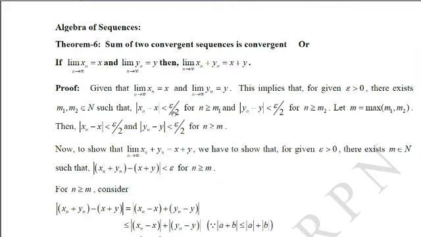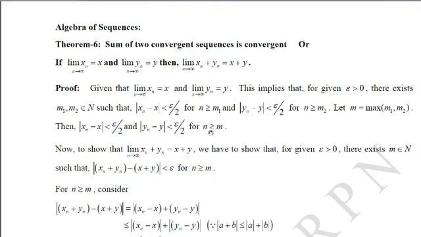That means if you draw the picture of this, the graph of the first one starting from m1 converges to x, and the graph of the second one starting from m2 converges to y. And we know that m1 and m2 both are natural numbers. So if you draw them on the number line, either m1 comes first and m2 next, or m2 comes first and m1 next, or m2 and m1 may be one and the same. If they are one and the same, then we don't have any problem. Both graphs start from the same common natural number.